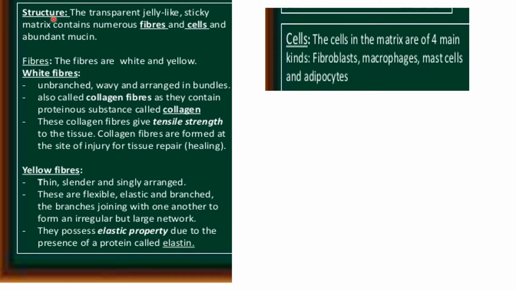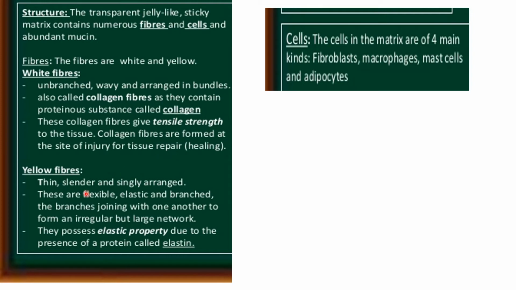Now let's see the structure. It contains a jelly-like substance, mucin, which contains numerous fibers, cells and abundant mucin. Now the fibers are of two types. First is white fibers and second is yellow fibers. White fibers are also called collagen fibers and they contain a protein known as collagen. These fibers give tensile strength to the tissues, and collagen fibers are formed at the site of injury for tissue